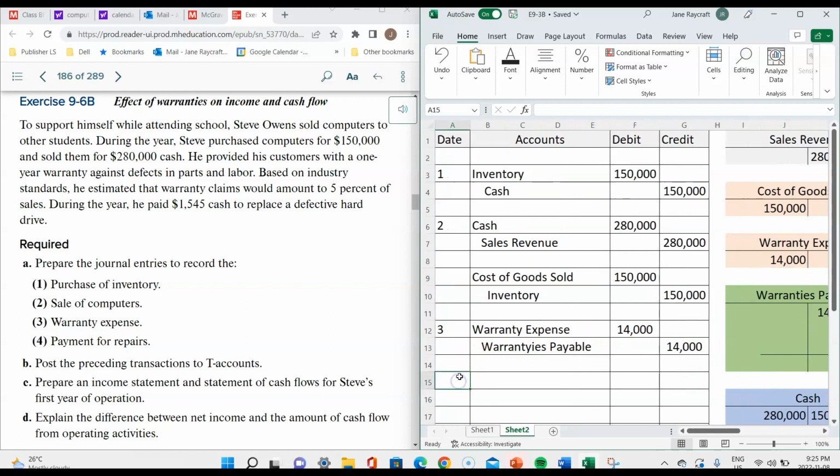Now, last but not least, we have a computer that comes in. We have to replace that hard drive. Well, I've already set up that warranties payable, so this is just how I pay it off. I fixed those computers that have gone wrong. Oops, too bad I cannot spell warranty. Anyway,